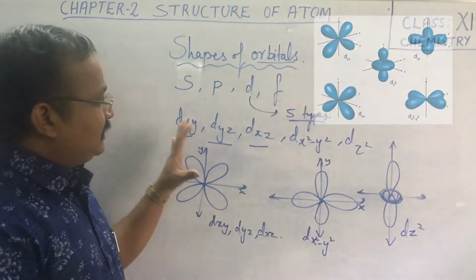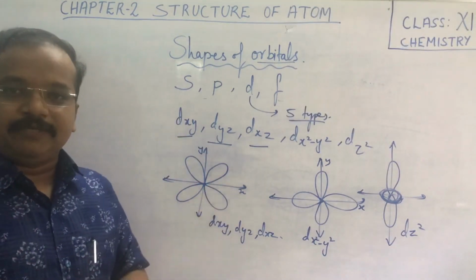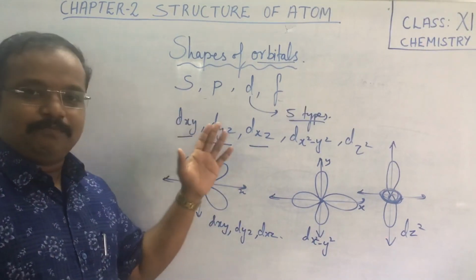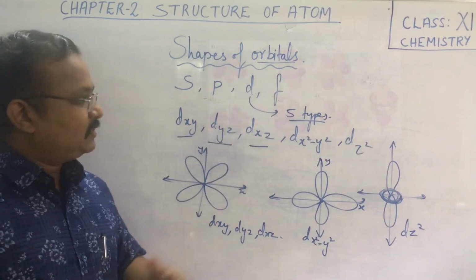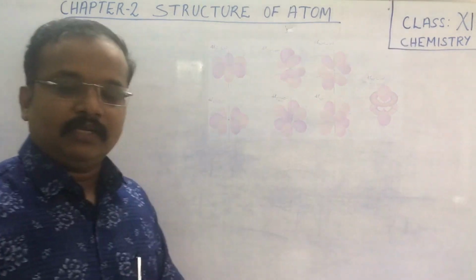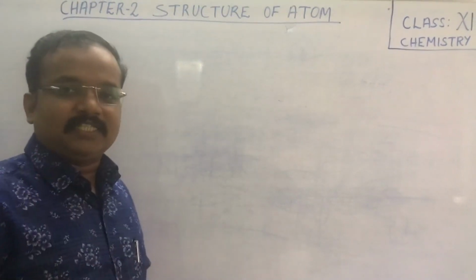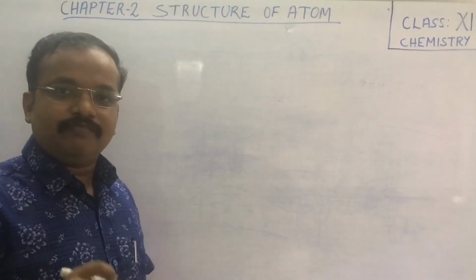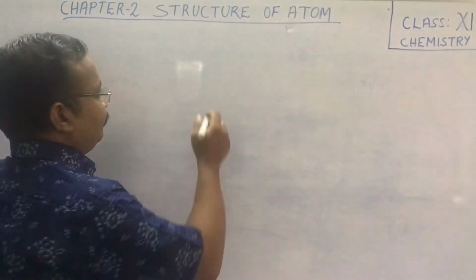Okay children, so these are the different shapes of s, p and d orbitals. F orbital we will be learning in the higher classes. Children, next we shall discuss the energies of these atomic orbitals. Okay, that is